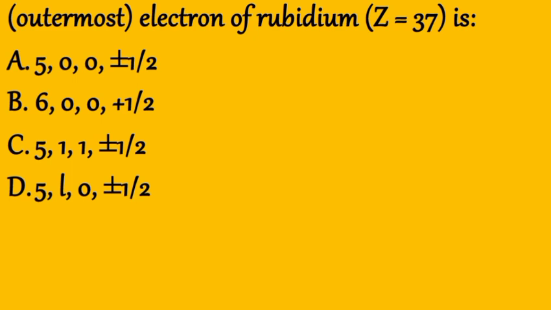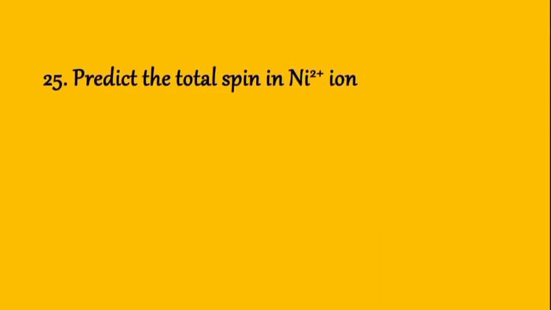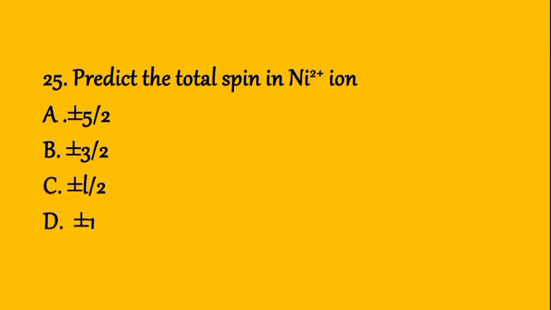Question 25: predict the total spin in the nickel plus 2 ion. Total spin of the Ni2+ ion. Let's look at it together. For this question, nickel with atomic number 28, the electron configuration